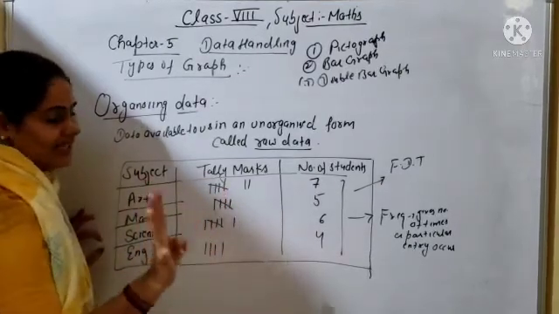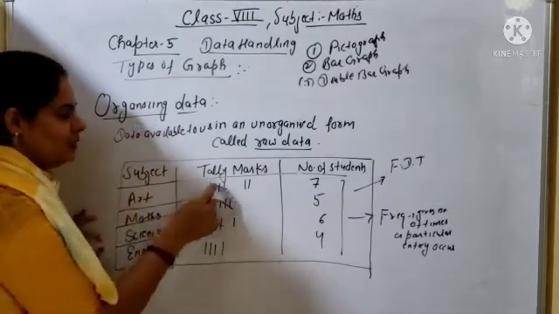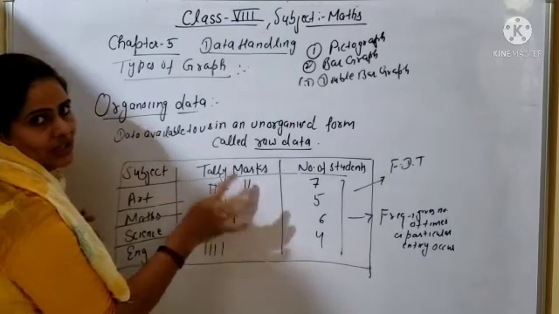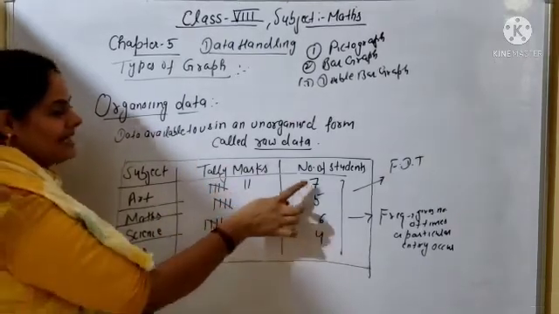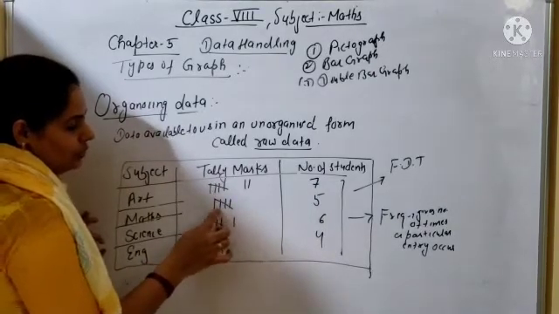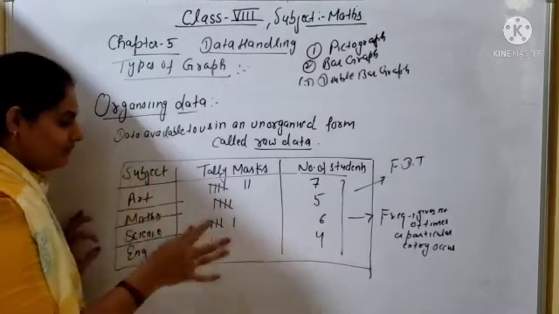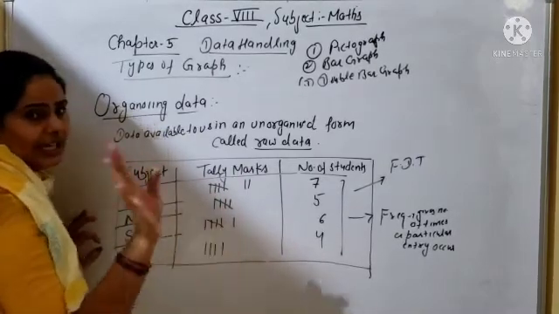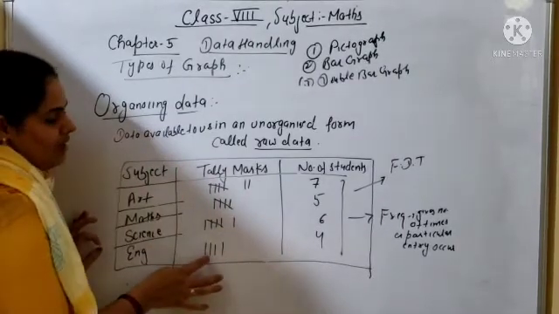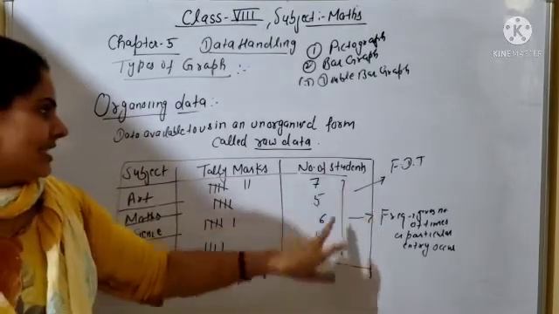If you are representing 4, simply draw 1, 2, 3, 4 lines. If you are representing 5, you cross those lines, so the total is 5. If 2 more lines follow, it will be 6 and 7, so the total will be 7. Here, 4 lines and 1 cross means 1, 2, 3, 4 lines and 1 crossing line, total 5. One more line makes the total 6. Only 4 simple lines means the total is 4. So these are the number of students.